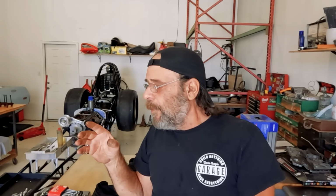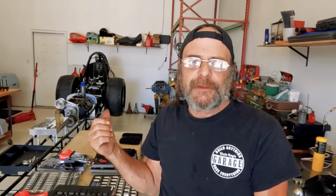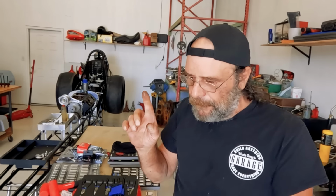Now, every single fastener on this engine was either just loose or finger tight, okay? And how they got this thing to run, I don't know, but they did. So everything was finger tight except the bottom end. The bottom end, the rods are torqued correctly, the main caps are, so everything I checked downstairs seems to be good. But we'll have a better idea. I'm still going to pull the rest of the pistons and rods out and look the crank over. It looks okay. Everything looks okay down there. But